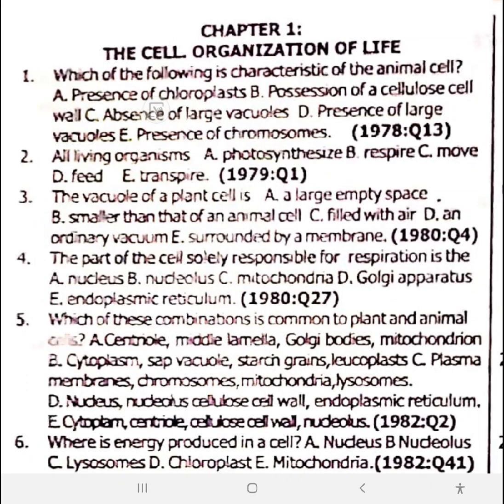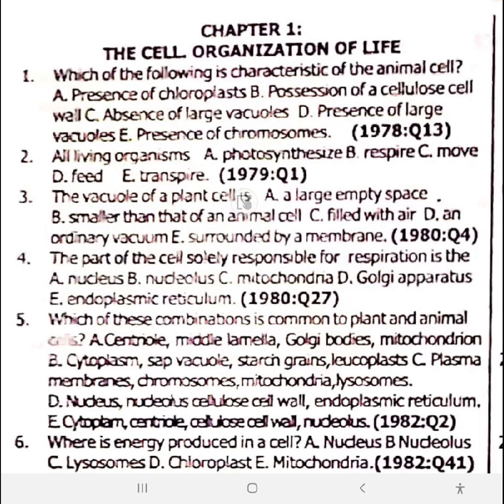Now let's get straight into it. This chapter will touch on the cell and organization of life. So the first question here is, which of the following is a characteristic of animal cell? I want you to jot down: animal cells have few scattered small vacuoles. And number two, they also have the presence of